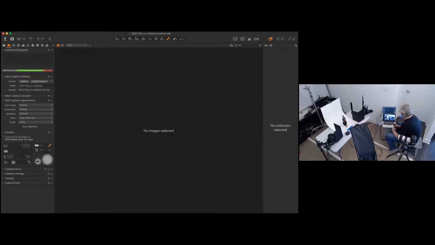The software itself generates the diagram. All you had to do for assignment 8.2 was go to the export tab and click on export, and it will look at your set file and spit out either a JPEG or a PDF of your lighting setup, your lighting diagram. That's really what the software is designed for.